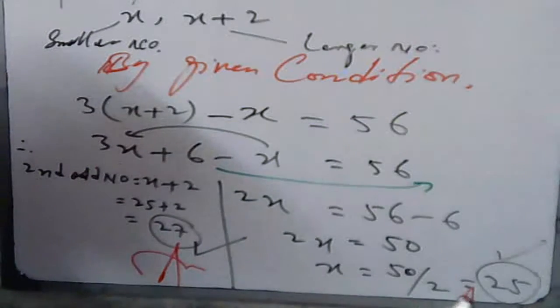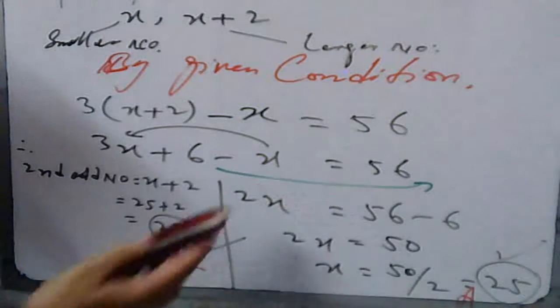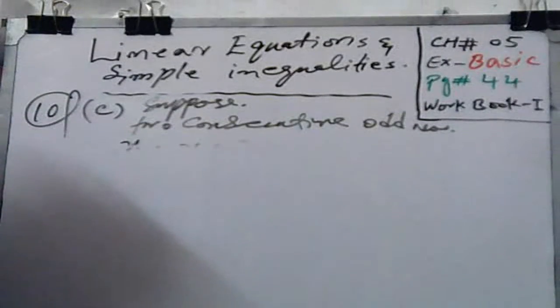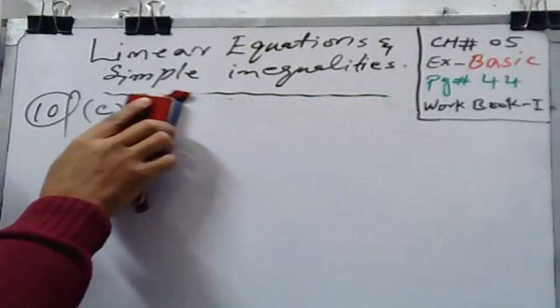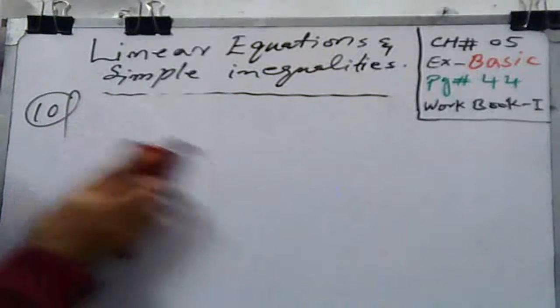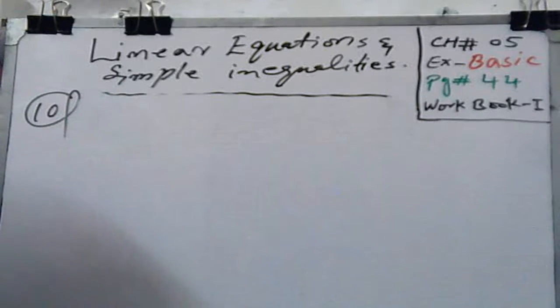Now in D part, once again you have to read the statement carefully. Two consecutive even numbers are such that the sum of the larger number and 3 times the smaller number is 42. Find the two numbers. Once again, suppose in D part,